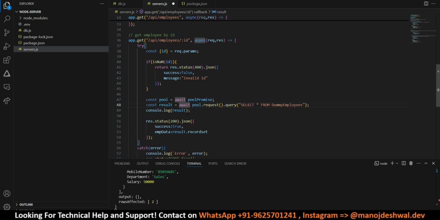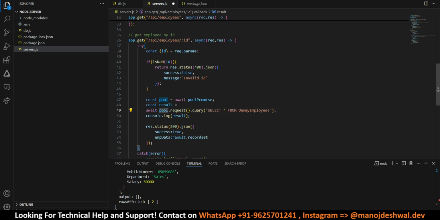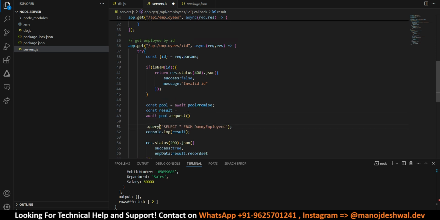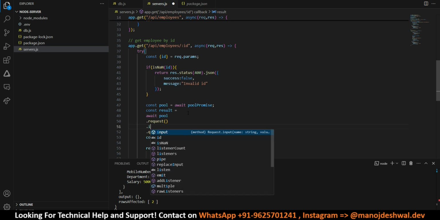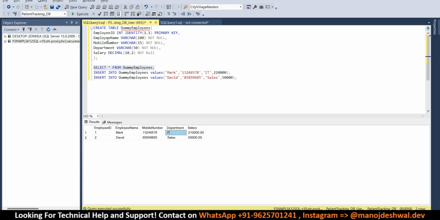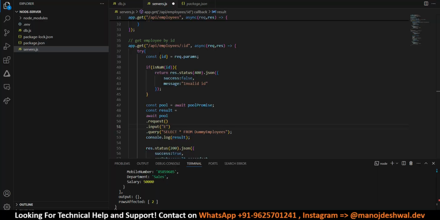So come here, await pool dot request, and after this request, let me simplify this. So pool dot request and dot input. So here we have to give our property name. So in our case, what is the exact field? Employee ID. So let's copy this,